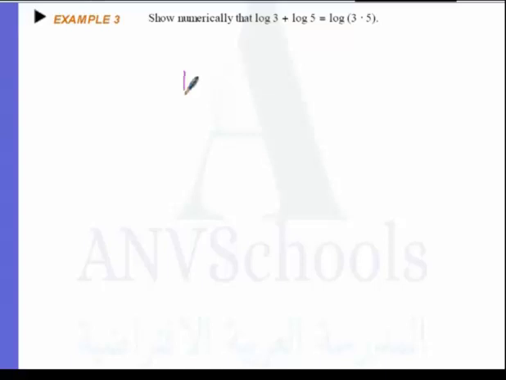Let us write the original expression. Log 3 plus log 5 is equated to the log of 3 times 5. Okay, what is log 3? So get your calculators and let us get the value of log 3. So our log 3 is equal to, rounding off to the nearest 10,000ths, or 4 decimal places,